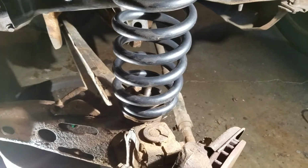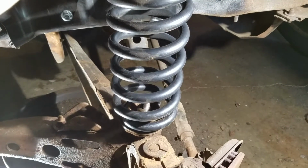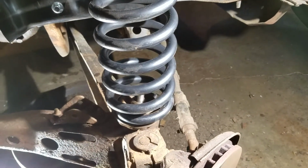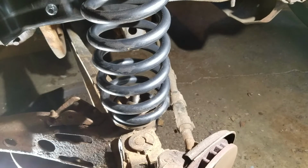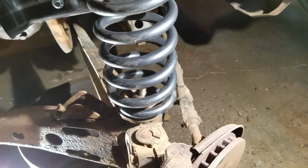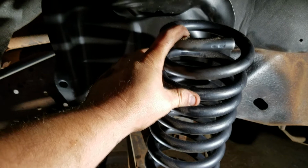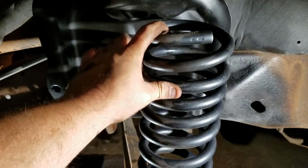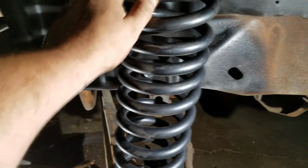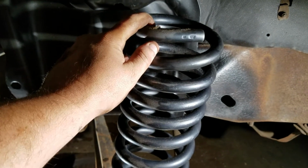Alright, got the new spring mounted in there. I figured out that you can't use the socket with the new spring because I can't get my breaker bar in between the springs, so I used a 1 1/8" wrench to get it down. Pretty easy. When you do this, make sure that you place a spring in there so that when it goes into the spot where it's supposed to sit, the spot lines up with where the bracket will wrap around it. I'm going to go ahead and put that in there and